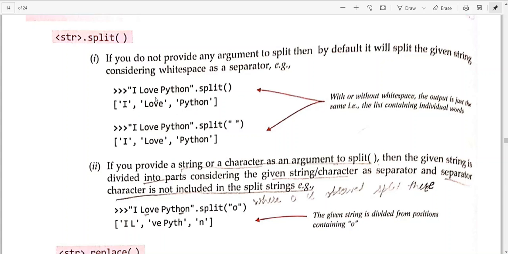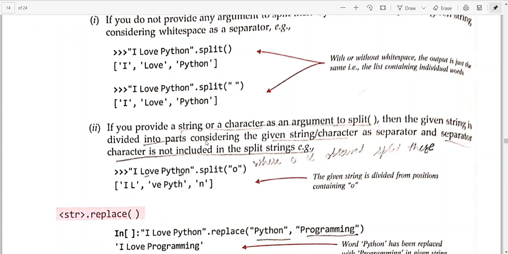So I space love space Python, using this split function will be split wherever it gets a space in between. Even if you are not giving anything inside it, or you are giving this white space within double quotes like this, you will get the same output.